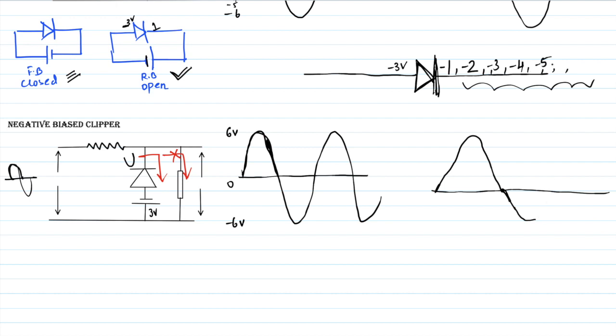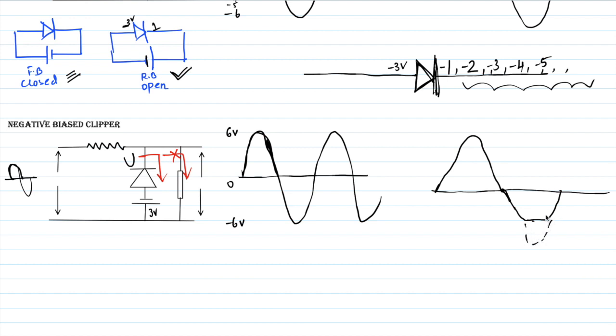Again for minus 5, this is more negative compared to the anode. So in this case, again the diode is closed, so all the current will flow across the diode and no current will flow across the output resistor. For minus 5 also you will not get any output. For minus 6 also you will not get output. Again for minus 5, minus 4 you will not get output. Minus 3 you will get output, and minus 2, minus 1, 0 you will get an output. So this portion is clipped.